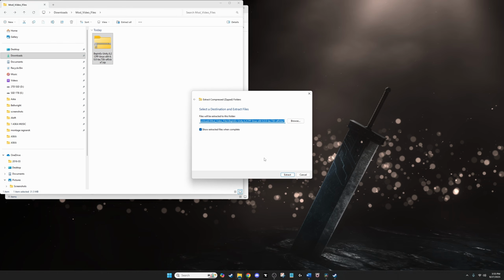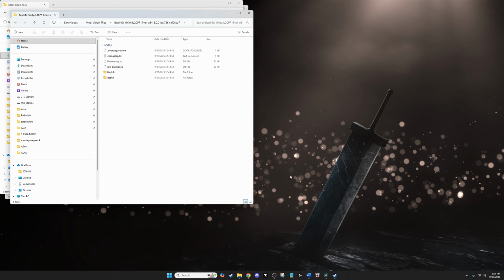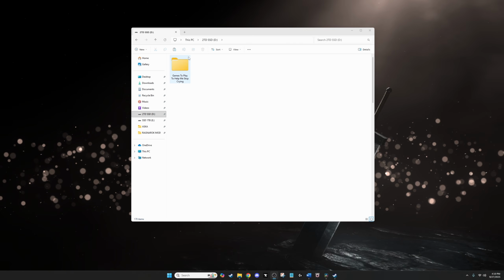You can also just extract the folder in place and then copy all of the files into your Aska game folder manually. So if I wanted to do that, I would have to navigate to my external D drive, games